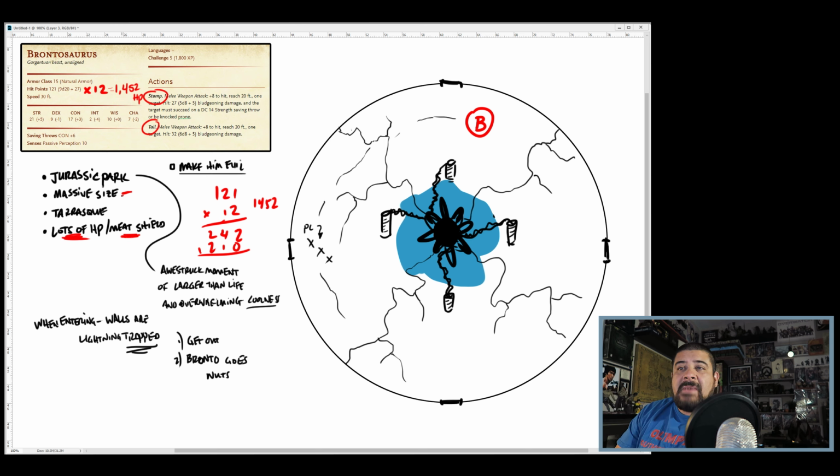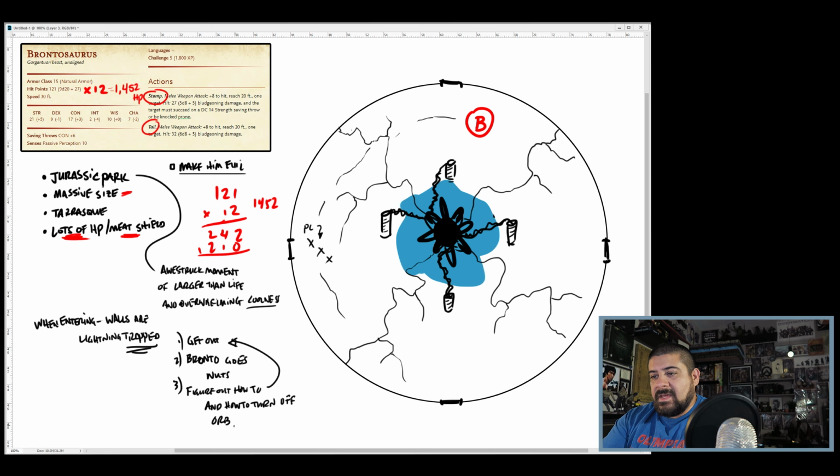I really like that. And this massive size. He's almost in this heightened, modified, mutated state because of the lightning, right? So what happens is this encounter has now turned into something where the PCs need to figure out how to get out and how to turn off the orb thing. Okay, if they don't figure out how to disable that contraption, whatever,